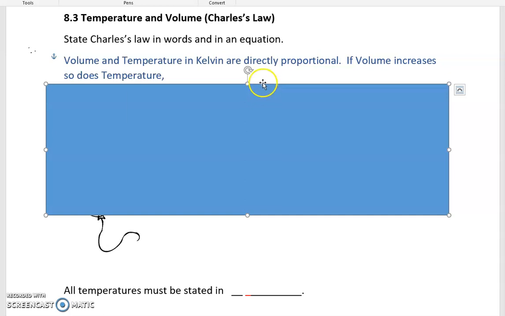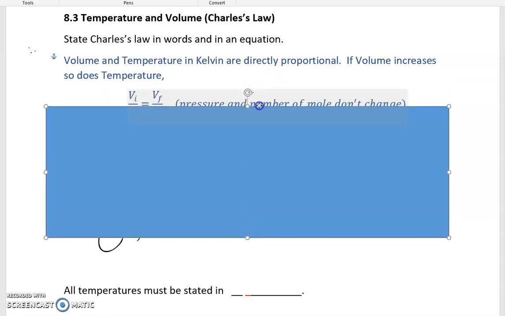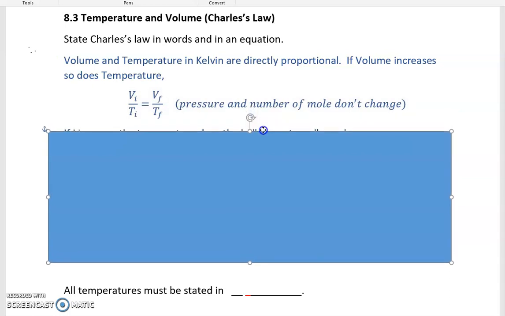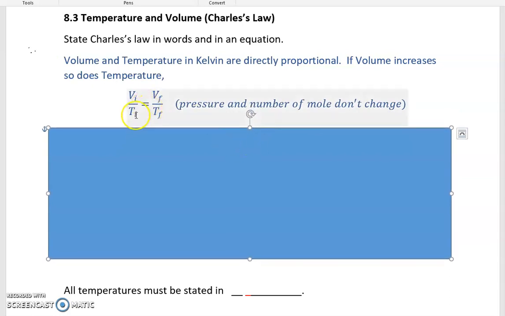If the volume increases, so does the temperature. And we can write this equation. The initial volume divided by the initial temperature will be equal to the final volume divided by the final temperature. This is assuming that the pressure and the number of moles don't change. So let's look at this